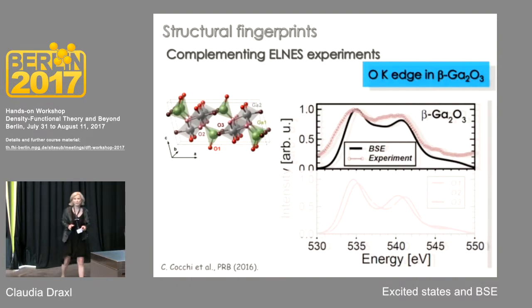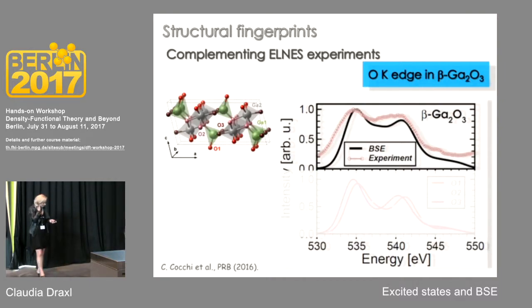So my last example, and then I will finish in time, is something completely different. So here we have used core excitations for fingerprinting. This is what core excitations are typically used for. So XANES or XAS experiments are used in order to probe the local environment of a core excitation. We do it here for gallium oxide, which is a very interesting material for optoelectronics. It has a wide band gap. It's used for transparent